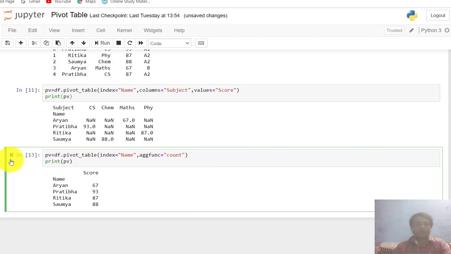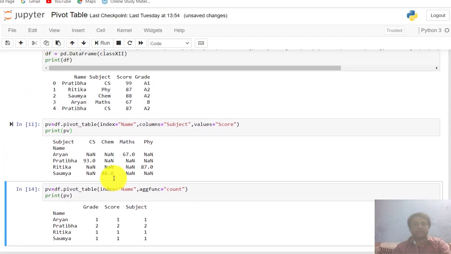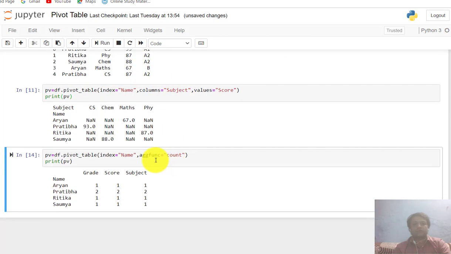Okay, so now execute this and you see here, count of all values, because here the index is our name and I did not assign the columns and values, so that's why it takes all the columns as values. So we have subject, score and grade as the values.